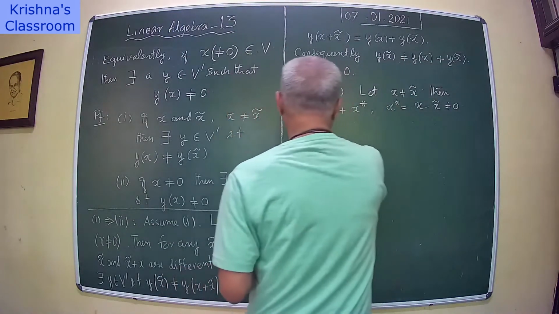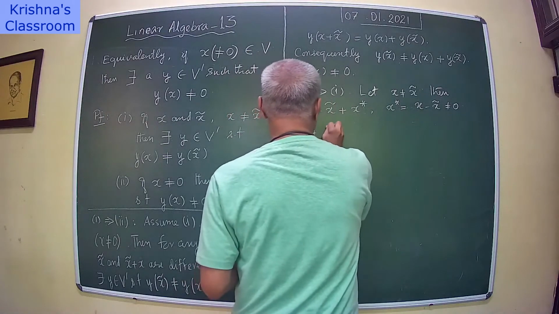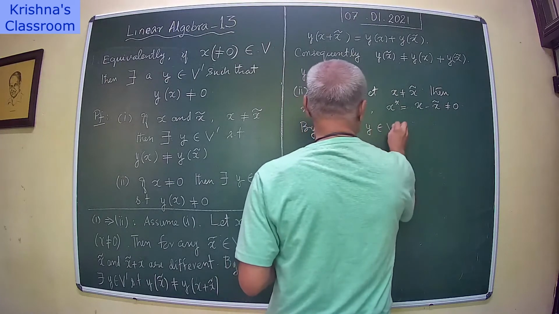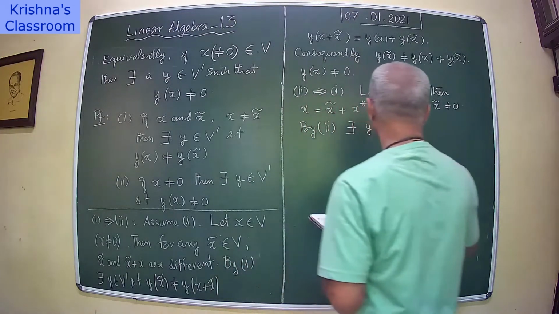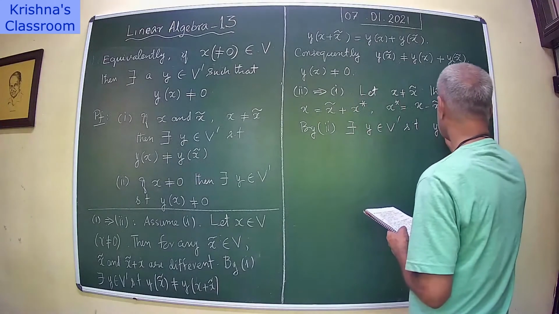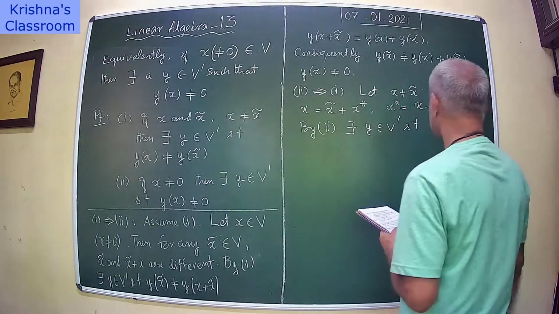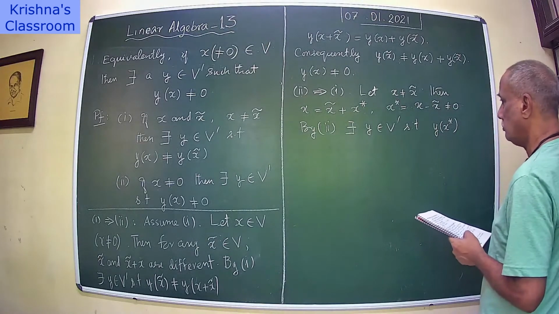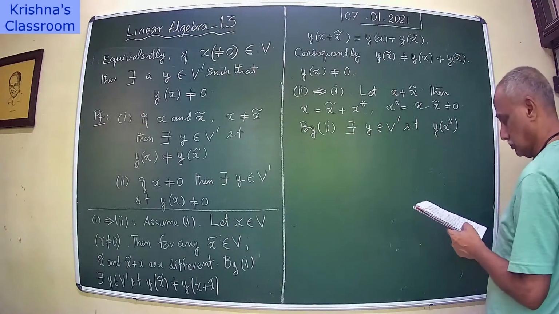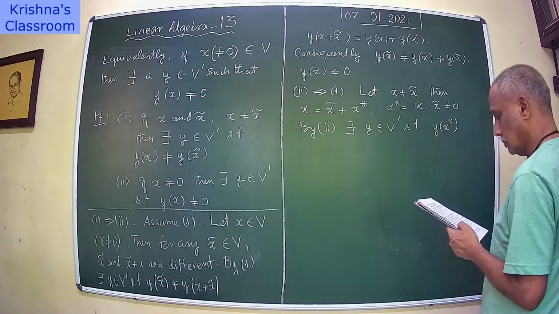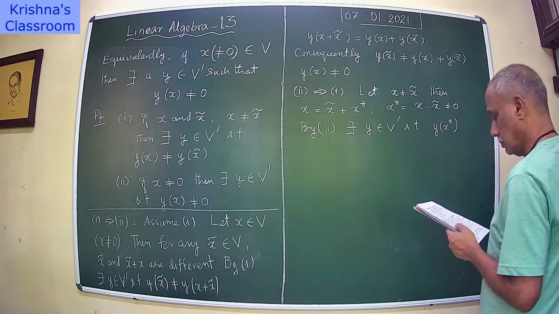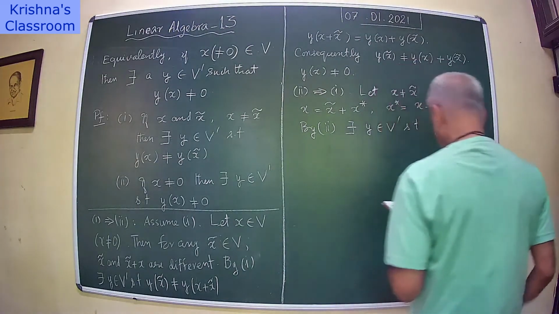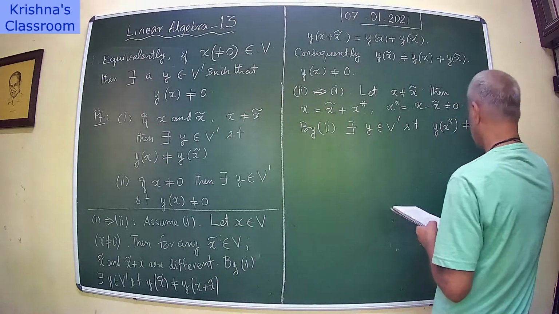Therefore, by 2, y of x star is not equal to 0,